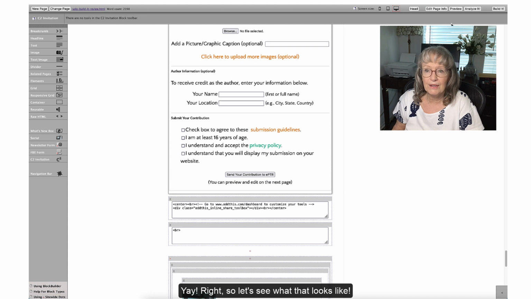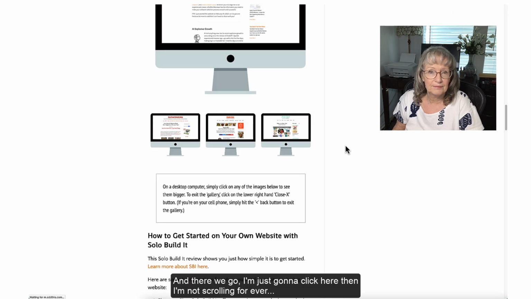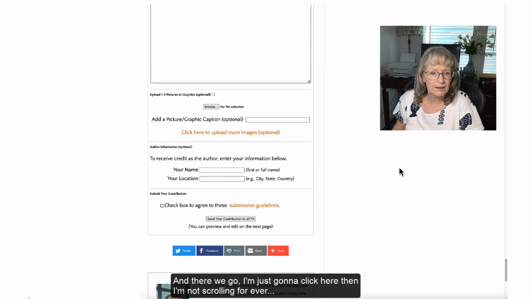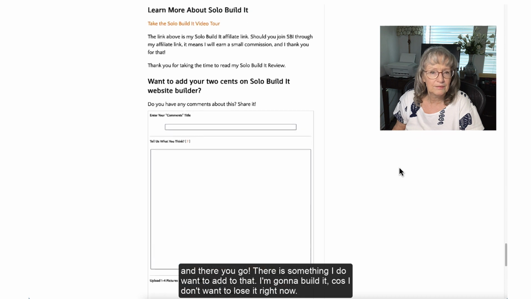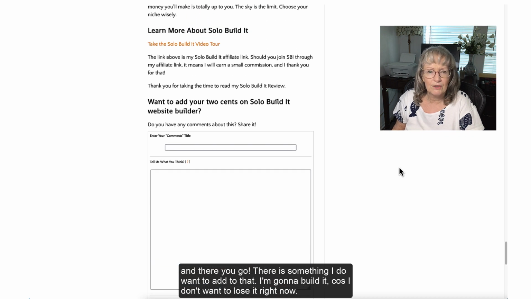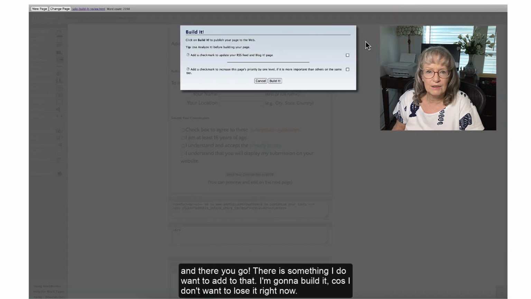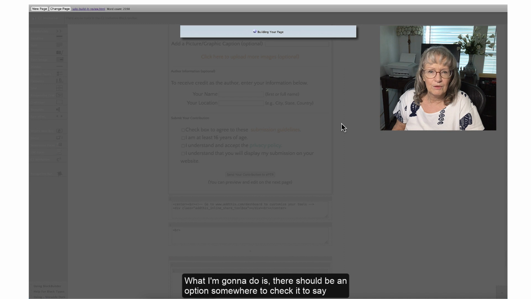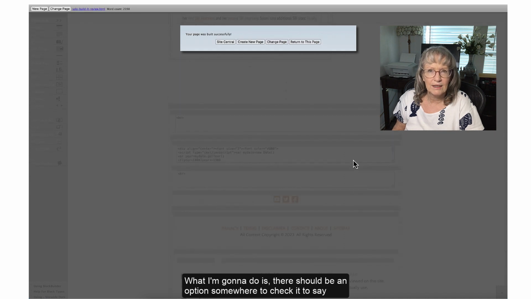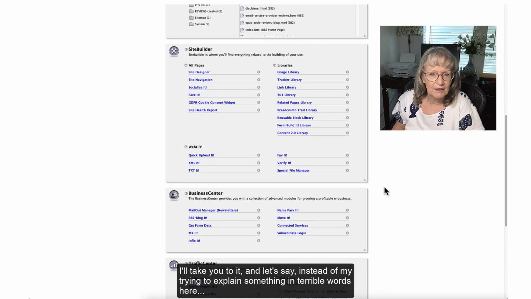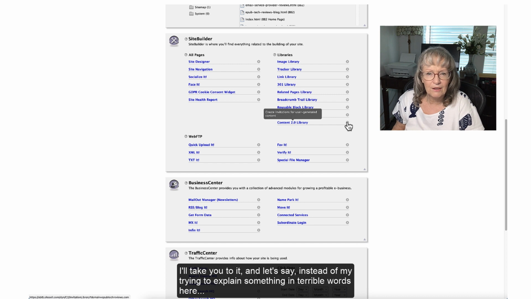Right, so let's see what that looks like. And there we go. I'm going to just click here, then we're not scrolling forever. There is something I do want to add to that. I'm going to build it because I don't want to lose it right now. But there should be an option somewhere to say, I'll take you to it, instead of my trying to explain something in terrible words here.